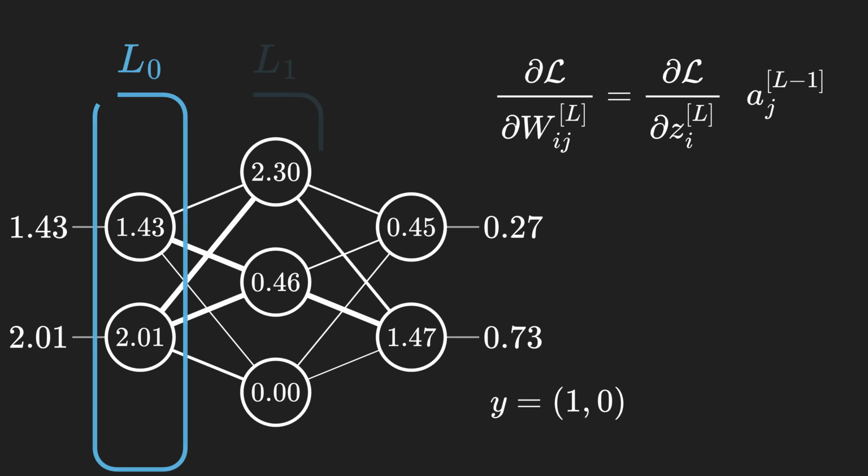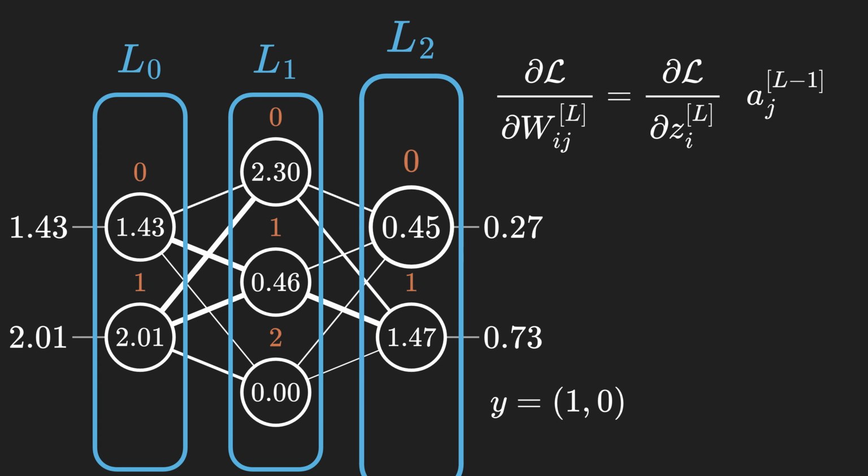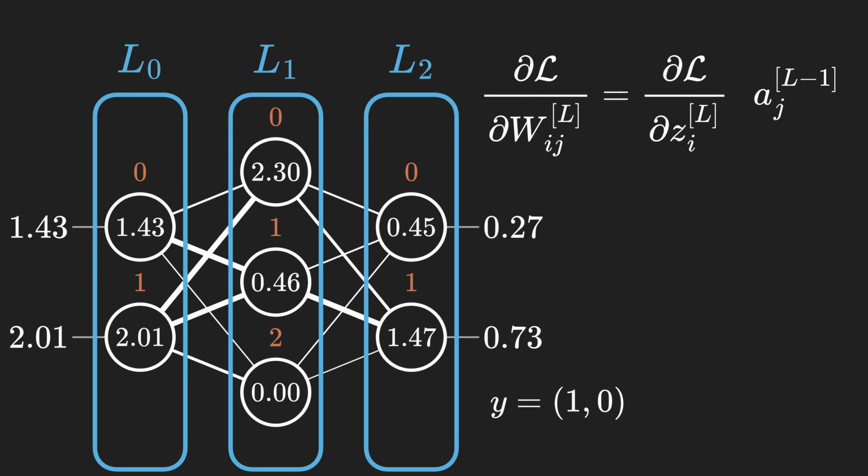First, we'll number the layers of the network from 0 to 2. Then, within each layer, we'll number the neurons starting from 0. So, if I say layer 2, neuron 0, you know that I'm talking about this neuron right here. Now, look at the formula. These blue L's represent the layers, and these red i's and j's are the neuron indices.